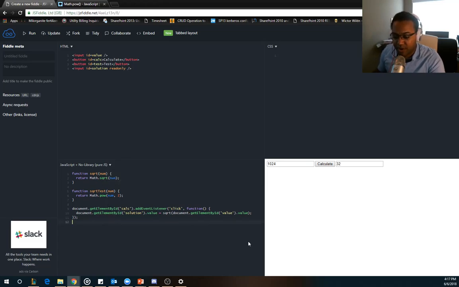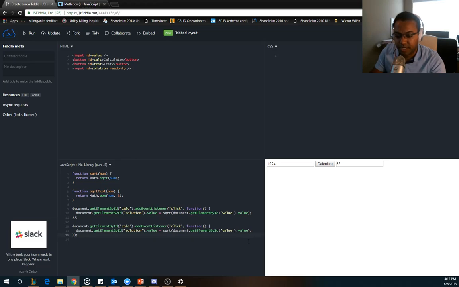So here we go. If I want to write the num function, I just need to do the following. I'll copy this so I'm not writing for days. And then instead of calc, this is going to be test. Add event, okay. And then instead of square root, it's going to be square root test. And then I want the value of solution. Then this is going to save